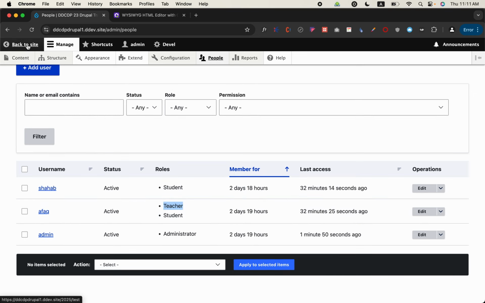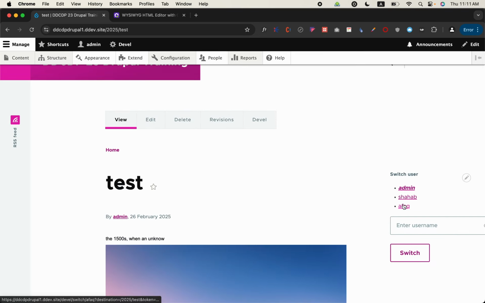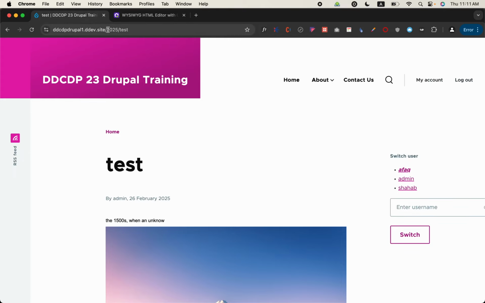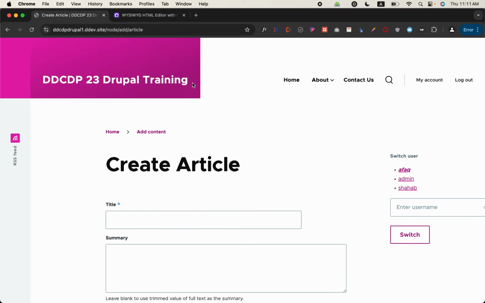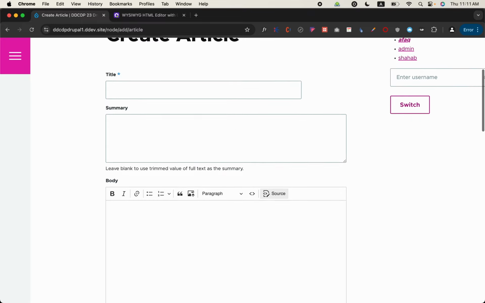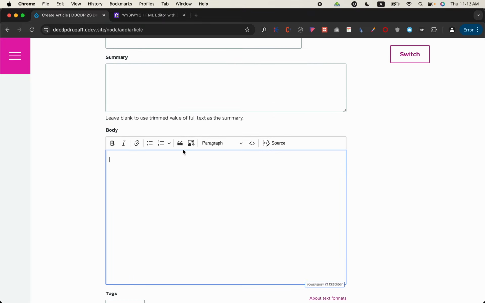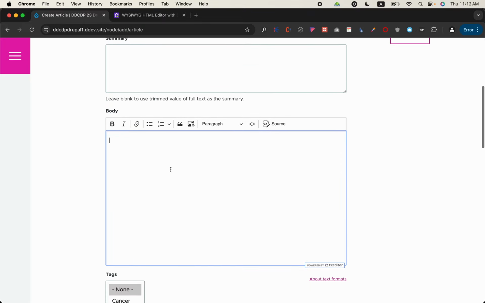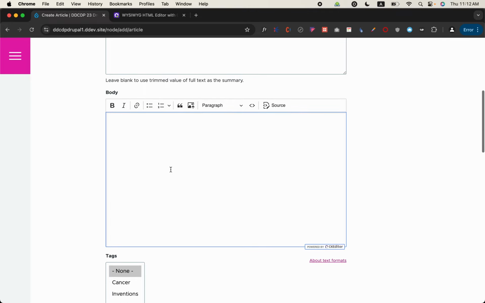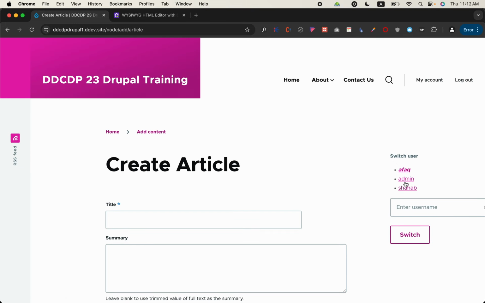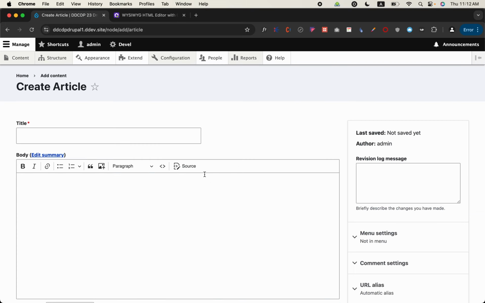So if I log in with Afaq, and he also goes to article, here he can see the buttons related to basic editor, and he cannot choose between any other because he only has been assigned this setting. So if I go back to admin, and if I want to add some extra buttons to this editor,